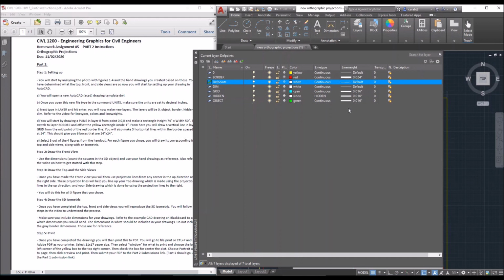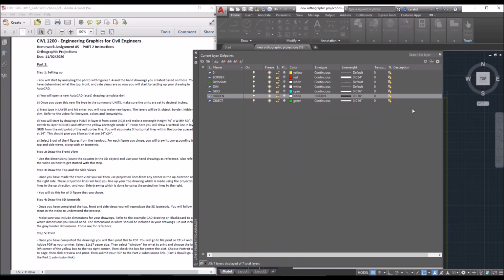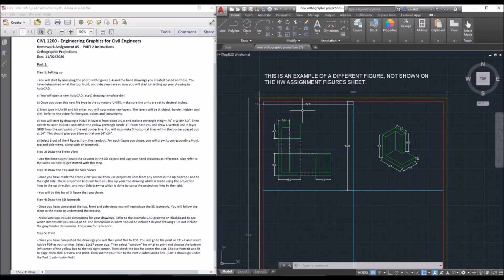And then these are the different settings. For all of them, they'll be continuous except for hidden. That's going to be a hidden line. And then you just make sure that you change the colors according to this example here. And then for your line weights, double check that your line weights are in inches and that they match up with this example. If your line weights aren't in inches and they're showing up as millimeters, what you can do is type in LWUNITS,